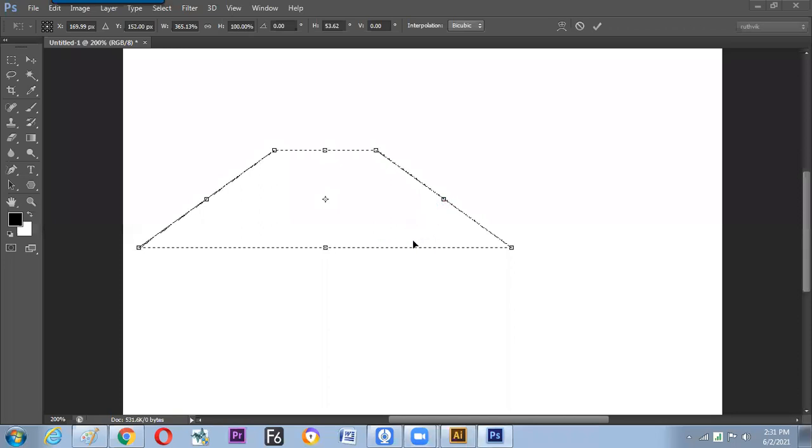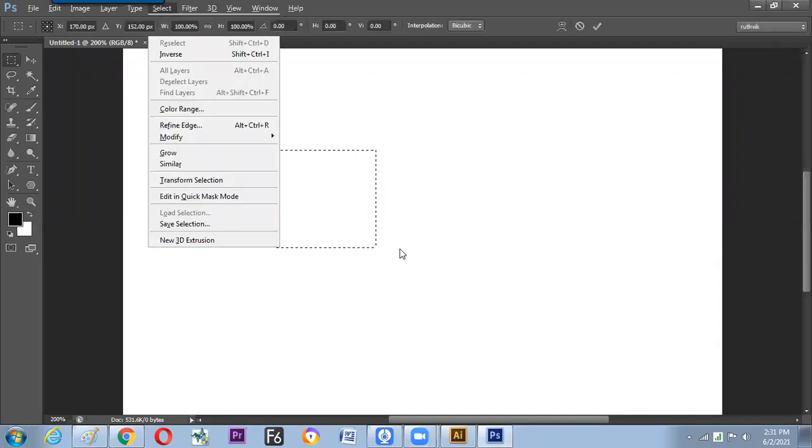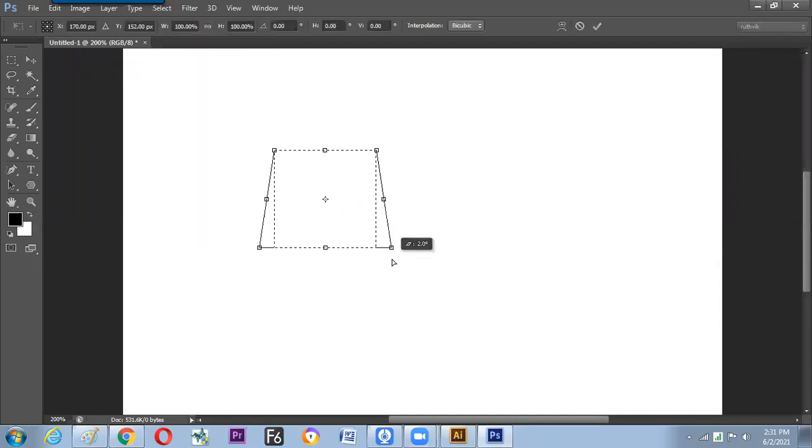Now on screen you can see Alt S T to get the transform box. Hold Control, Alt, and Shift and drag from the corner. Job is done. We can make a perspective scaling. Yes. Hope this much is clear.